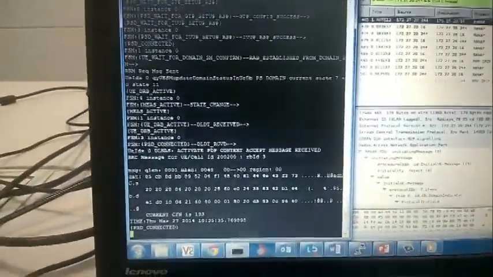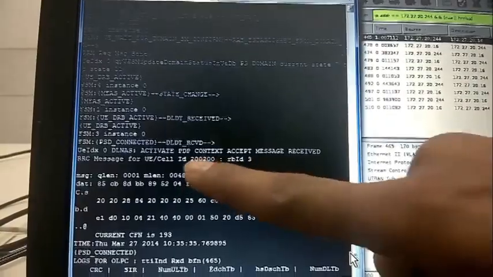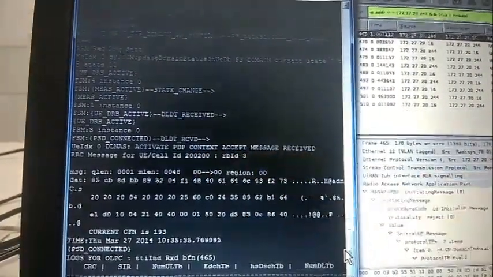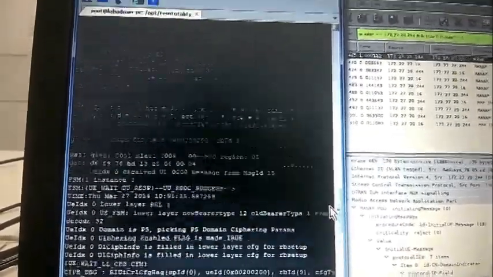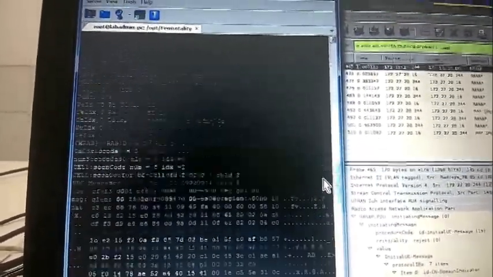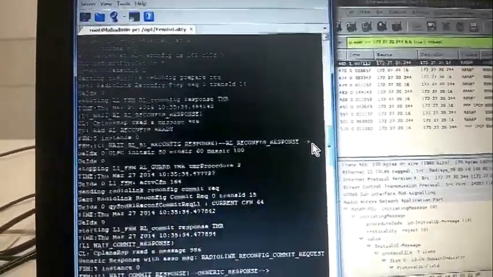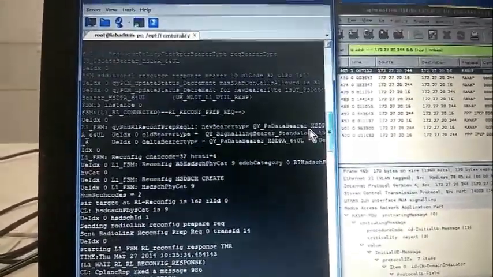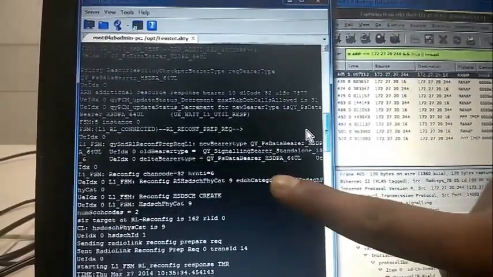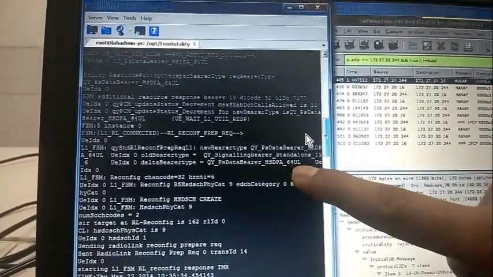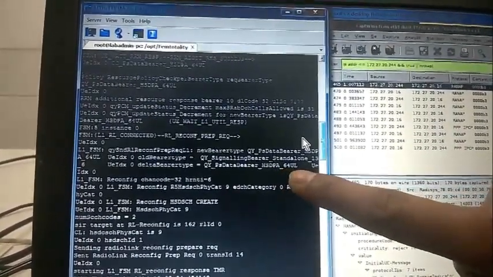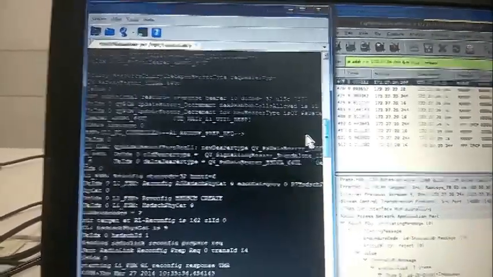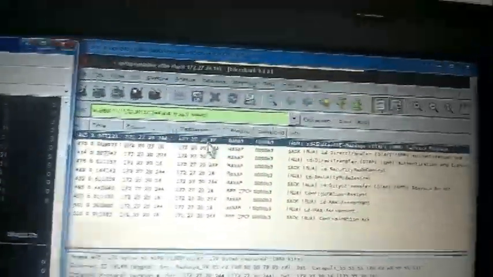And we can check the signaling procedures going on the console log as well as the Wireshark log. Activate PDP context accept message indicates that HSDPA call is successful. On the console log, the print HSDPA 64 indicates that HNB has allocated HSDPA in the downlink and 64 in the uplink side. Let's check for more details on the Wireshark.